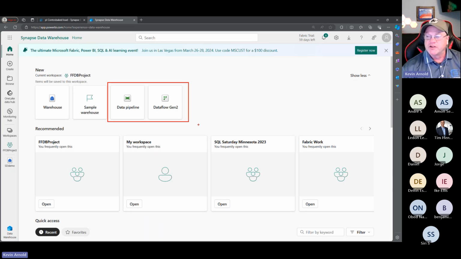I think you're really going to end up making a decision on which one to use. I think data pipelines are faster, and I've had a little bit more success with them, but Dataflow Gen 2 has more connectors, like what regular dataflows have, and will support the on-prem gateway.